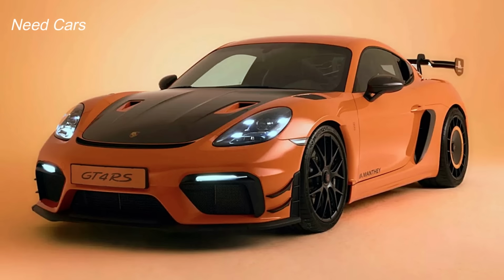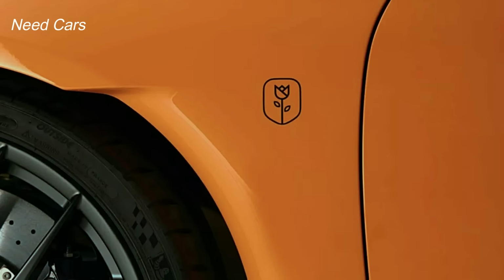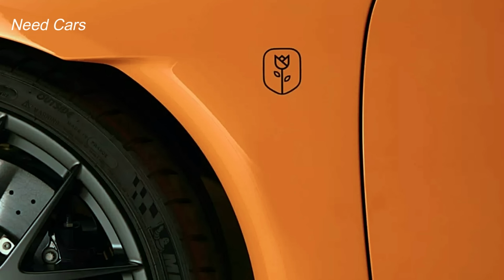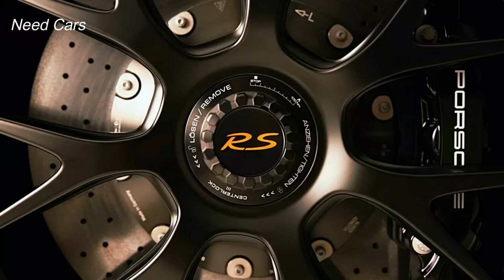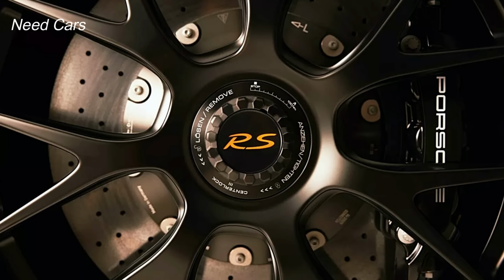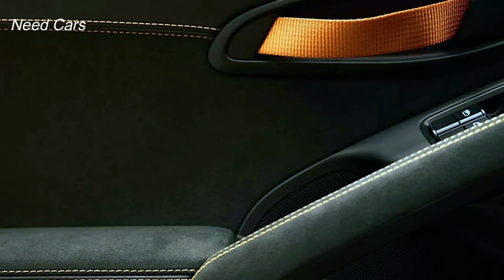The end of an era is approaching for Porsche's fourth-generation 718 series, which will bow out of production this October. But before the curtain falls, Porsche enthusiasts are being treated to one of the most unique creations ever to emerge from Stuttgart's collaboration with its partners. Enter the Tulip, a one-off Porsche 718 Cayman GT4 RS with the Manthey Kit, blending breathtaking performance with exclusive Dutch-inspired